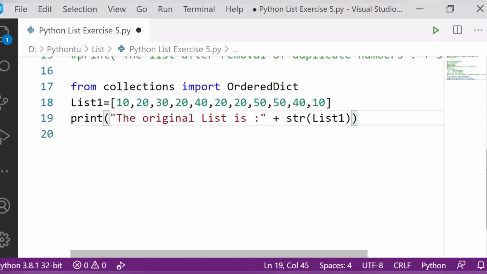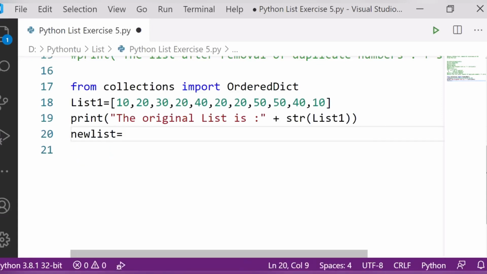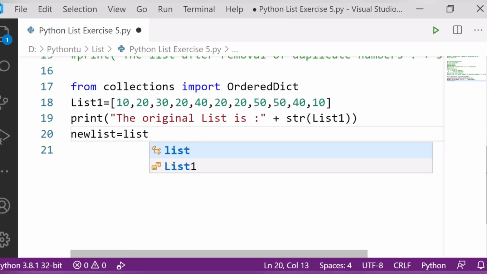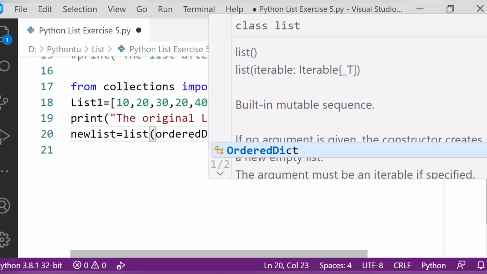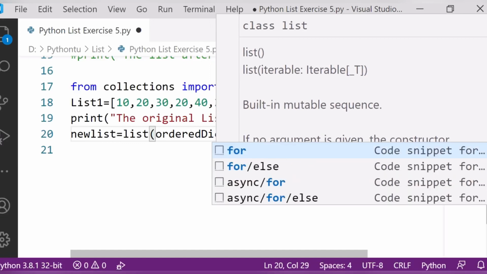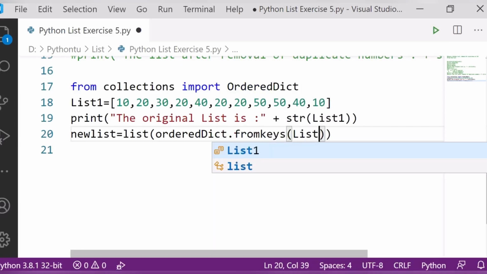After that, I will use collections OrderedDict dot fromkeys to remove the duplicate entries from the list. So let's see a new list. I will write here list, OrderedDict dot fromkeys, here list 1.